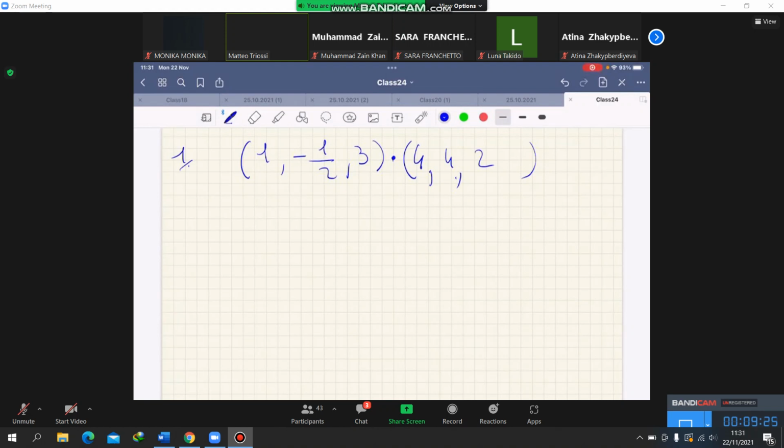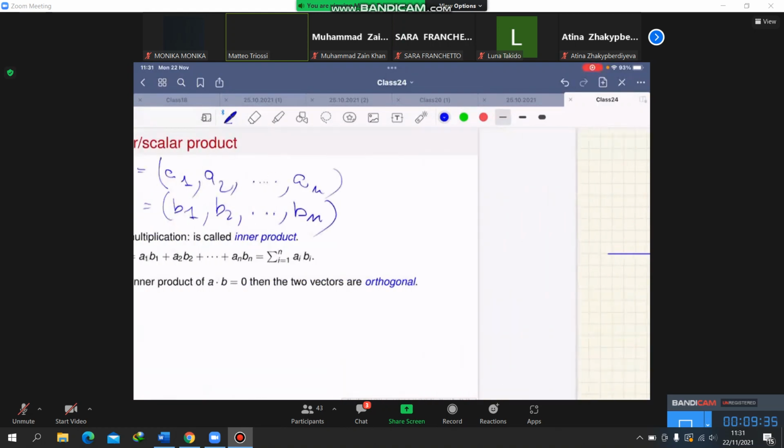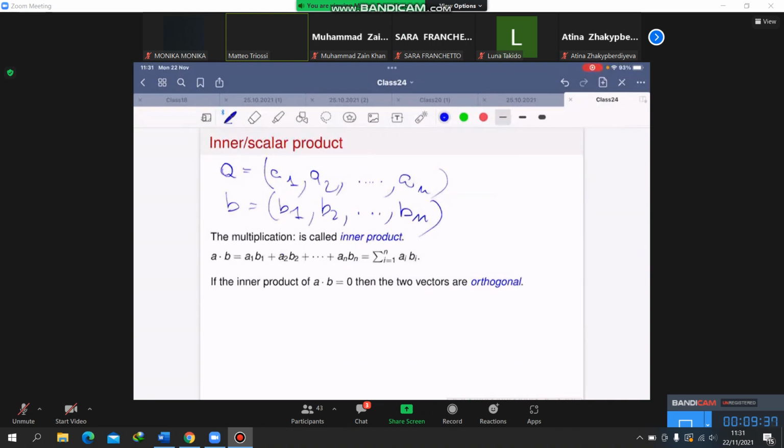Because multiplication in R is commutative. Let me write it just for the sake of it here. For all A, B in R, the inner product of A and B equals the inner product of B and A. I know it's straightforward. I know you understand it's trivial,